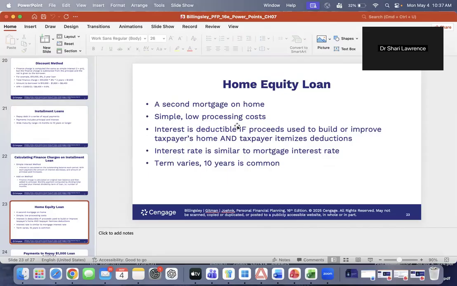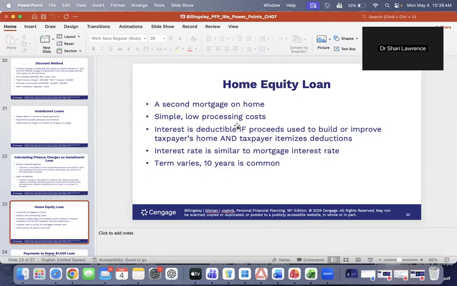And so I could go to a credit union, savings and loan, or a bank, and I could say, hey, I want to get a line of credit on my house, and I have up to $120,000 available. And so they would more than likely qualify me for that. Basically it would be an account that gives me the opportunity to use up to 120,000. So that's a home equity loan. And they give you a debit card or a checkbook, and then I can use it or not use it. So I would have that option.